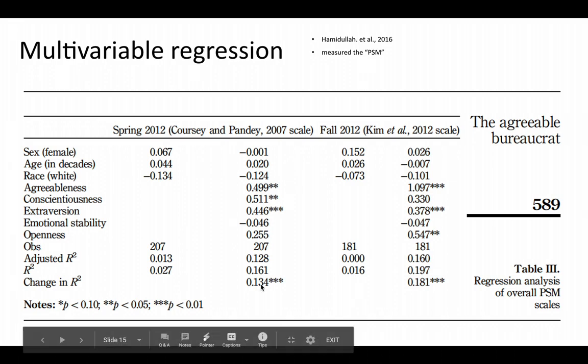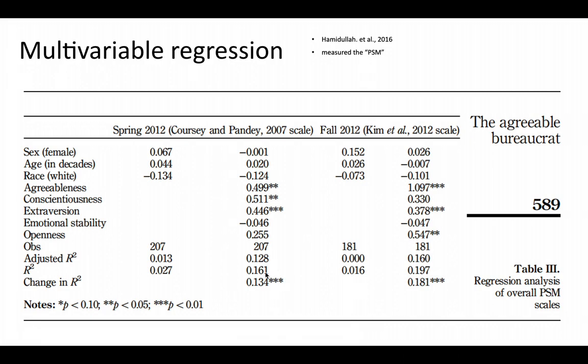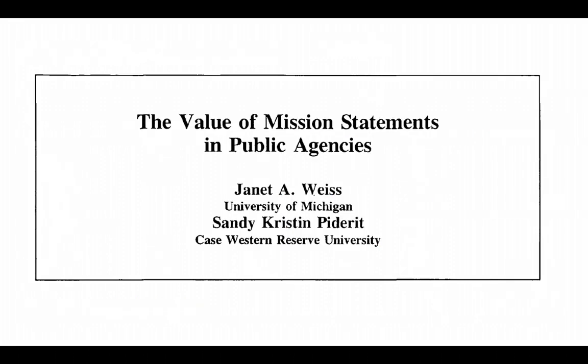And if you check the model, 16.1% variation can be explained by the model. It's not very high, but since we are only looking at very few variables, we will still say, oh, that's probably acceptable. All right, so the third paper I want to talk about is written by Janet Weiss and Sandy